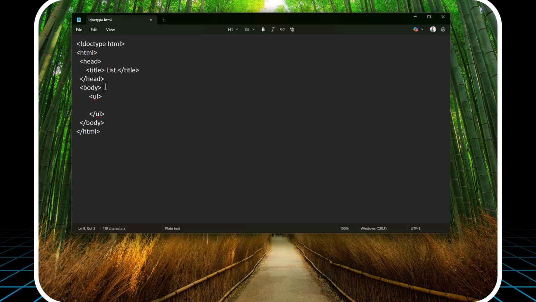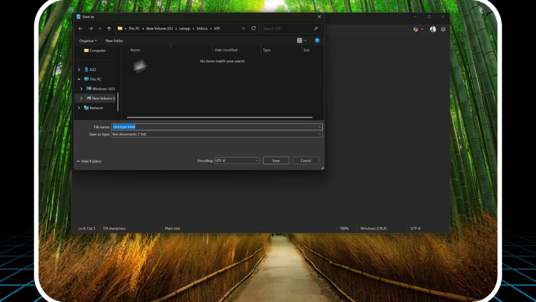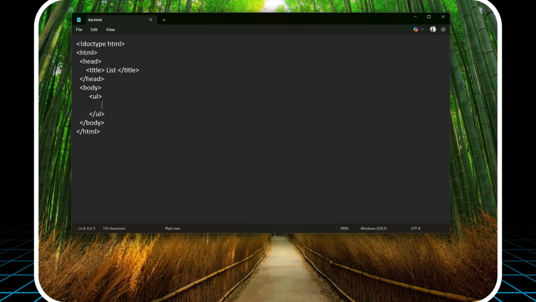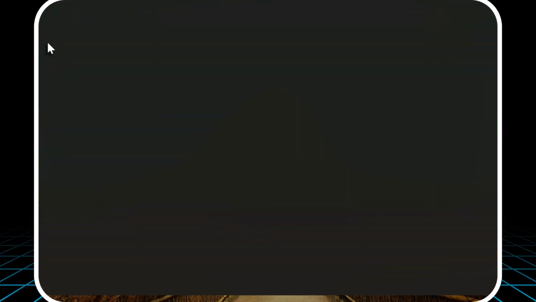So let's try. First, I'm going to save this, and I'm going to save it on my desktop. So the name of the file I'm going to write is list.html. Hit the save, and here I have a file. Let's open this, and let's see